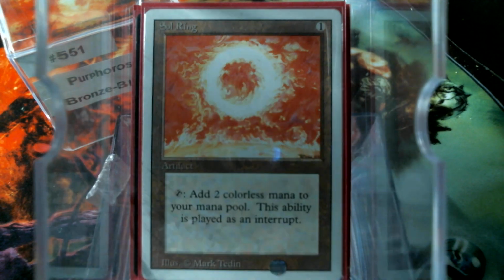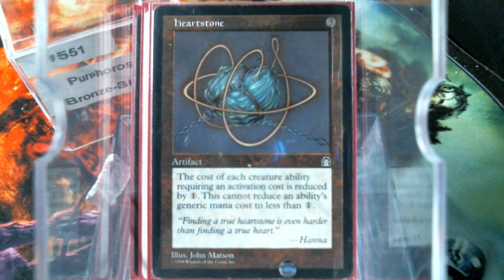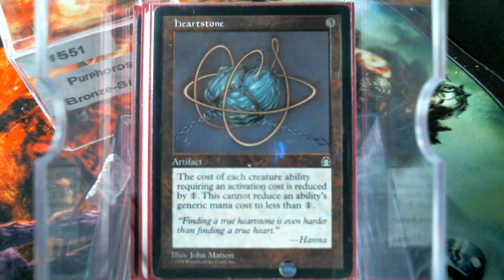Soul Ring. Well, Heartstone may not be ramp, but I've got it in that category simply because it's going to reduce Purphoros' activation. Now, you've already seen a couple of those dragons have activations too, so that gets a little better. But there's a world of difference in a 2-mana activation and a 3-mana activation, especially when you're looking at your hand and you're like, well, I can throw out 4 creatures, or now I